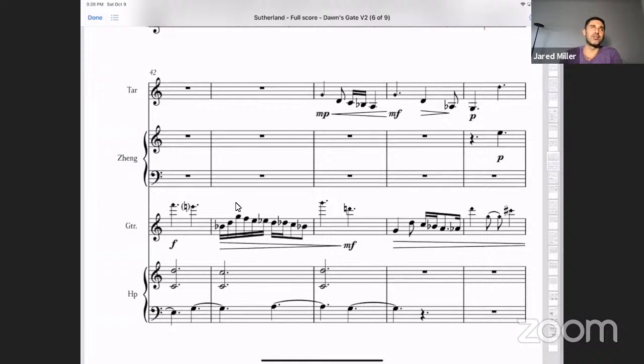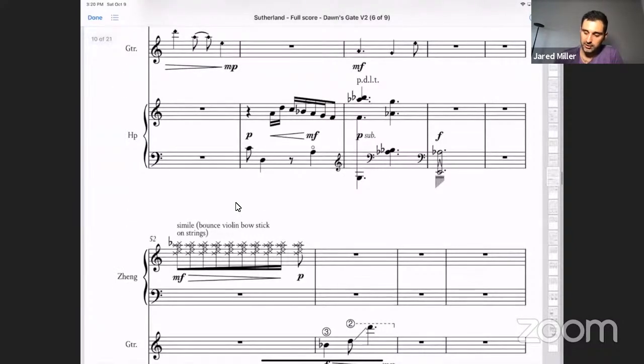But that's also like an ensemble shouldn't be choosing a piece where one of the players can't play one of the parts. I do think that here, just thinking about the harmonic language and what you're doing, could be interesting.